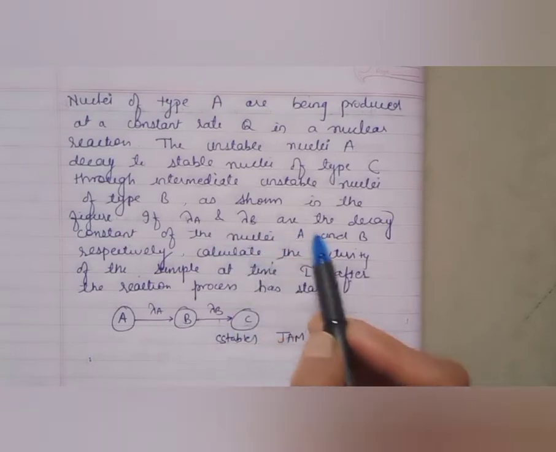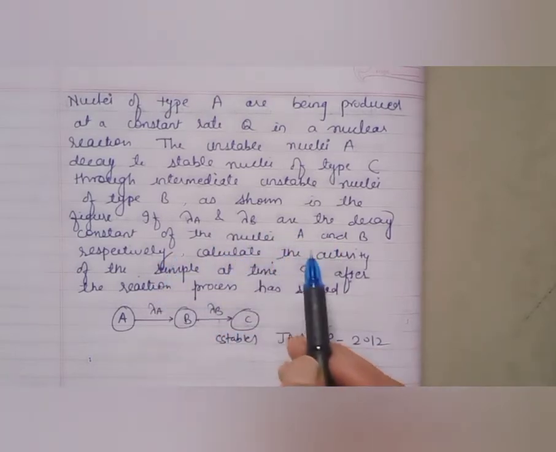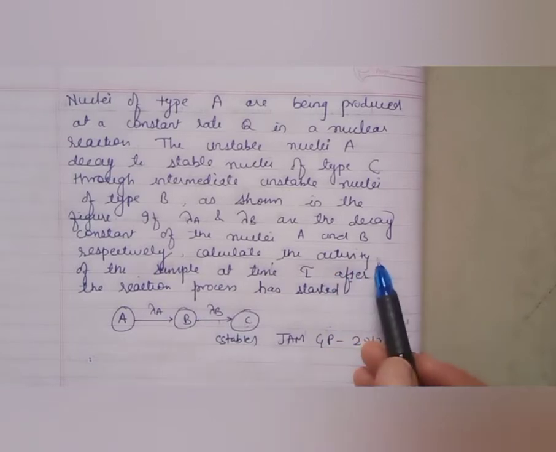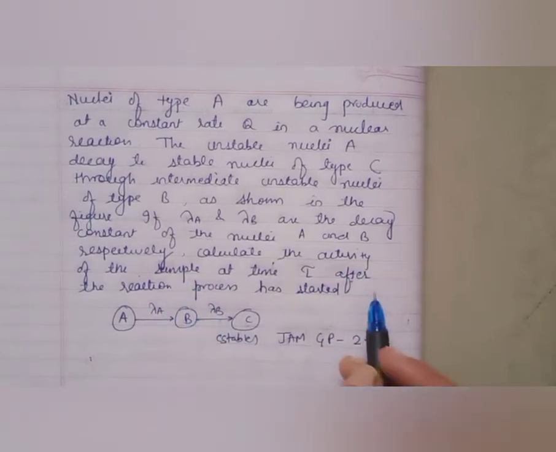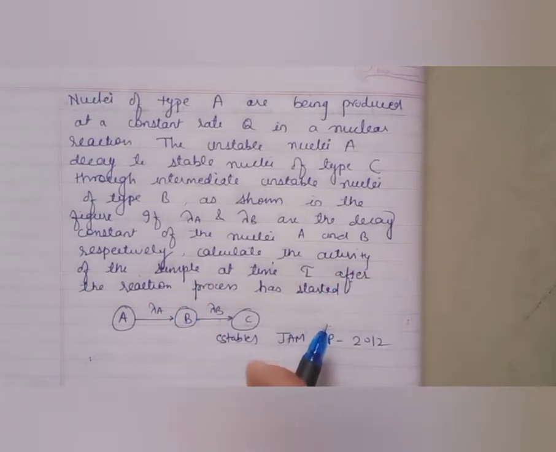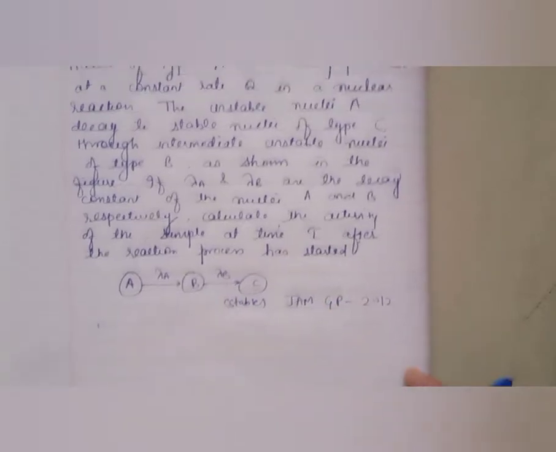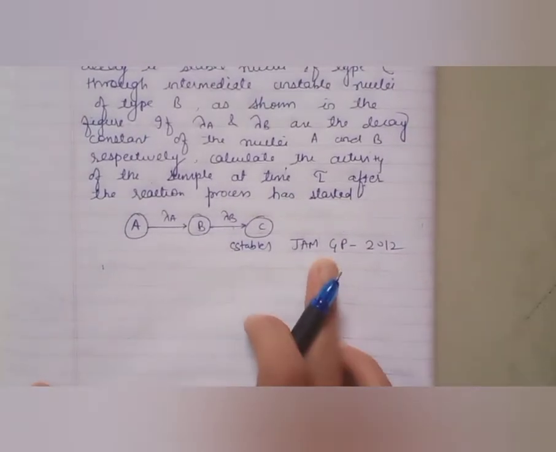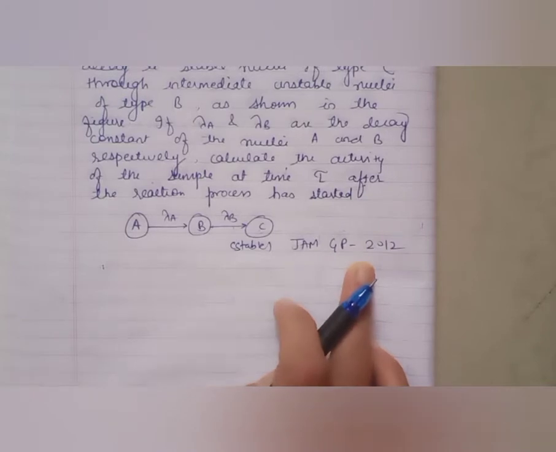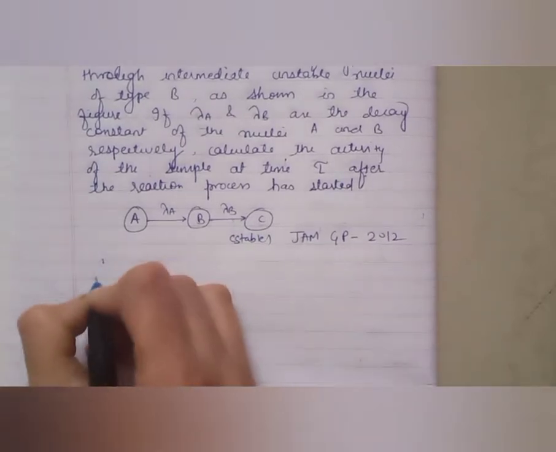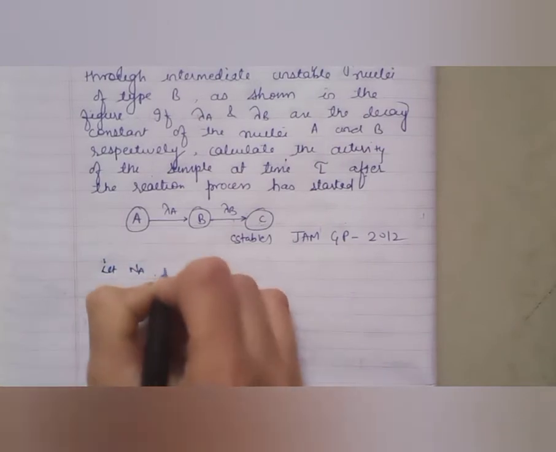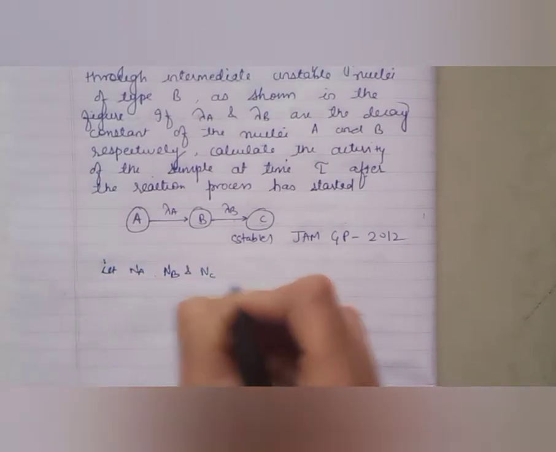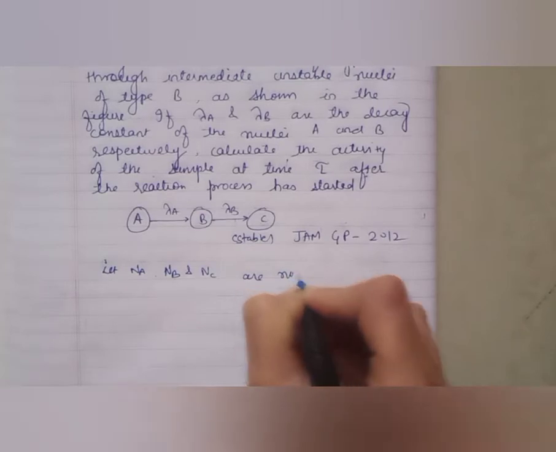If lambda A and lambda B are the decay constants of the nuclei A and B respectively, calculate the activity of the sample at time T after the reaction process has started. This question was asked in JAM Geophysics 2012. It is just the same as the one which we have done earlier for successive disintegration, just asked in a different way. So see, let Na, Nb and Nc be the numbers of nuclei